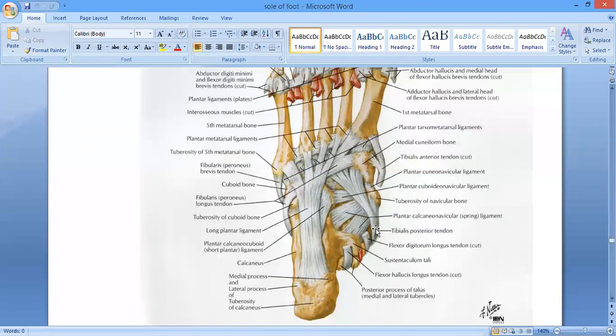Posterior surface of tibia, टिबिया की posterior surface. हमने पढ़ा था ना, the flexor digitorum longus comes from the medial part of the posterior surface of tibia. तो उसके जो lateral part है वहां से tibialis posterior आता है, ठीक है, upper 2/3 of the lateral part of the posterior surface of the tibia below the soleal line.